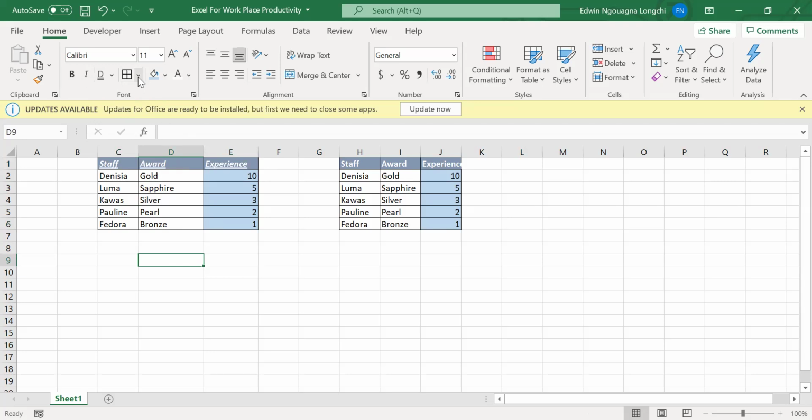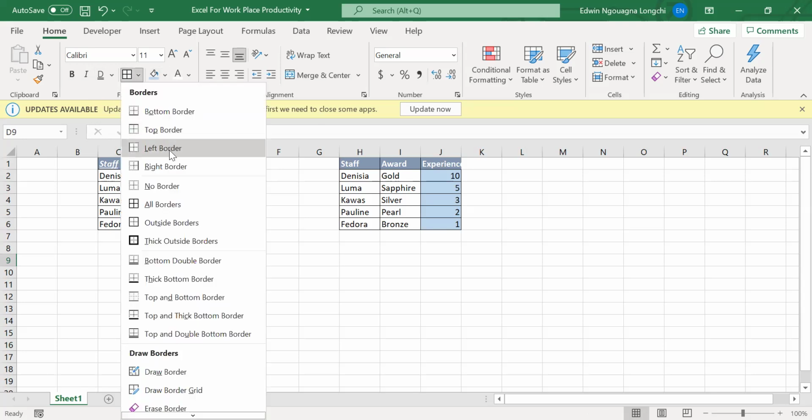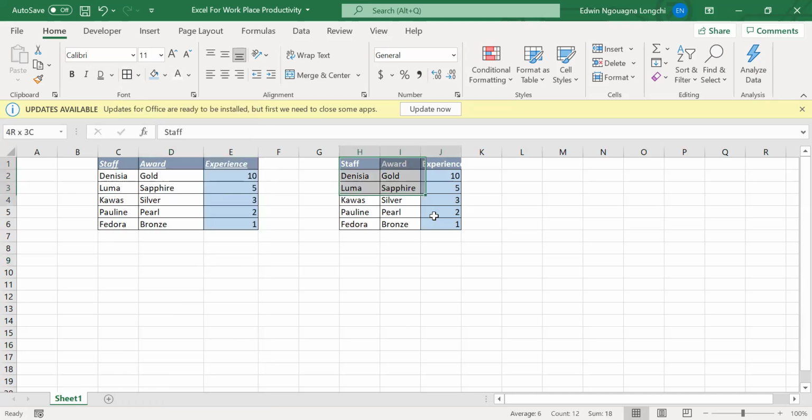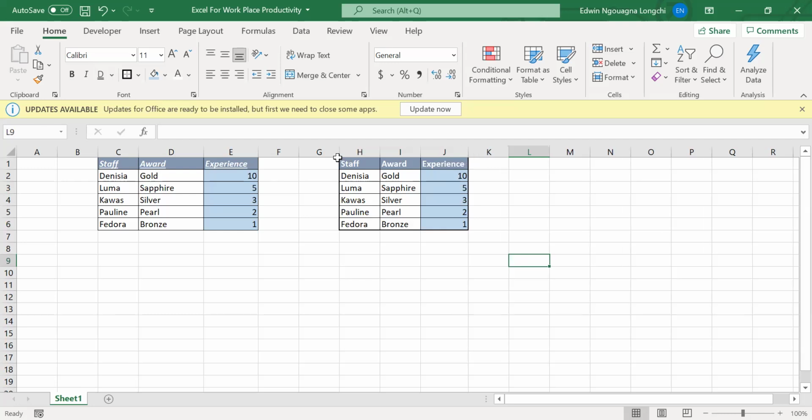And then we have seen this one, right? We've seen the borders. I chose all borders. You can choose to give borders only to the left, to the right, just outside borders, thick borders. Let's try thick borders on this other table. Just highlight everything, come to borders, and I take thick borders. Did you notice the thing becomes black, thicker black, like this? Borders here are thicker than these ones, and you can as well increase the size of your borders.